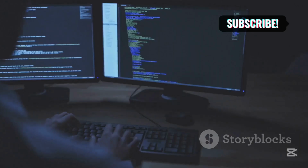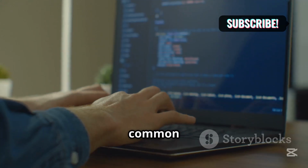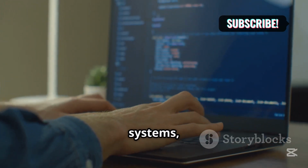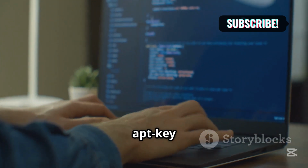Getting Lynis ready. Installation on your Linux system. Installing Lynis is easy. One common way is using your distribution's package manager. For Ubuntu or Debian systems, open your terminal. Type sudo apt-key adv